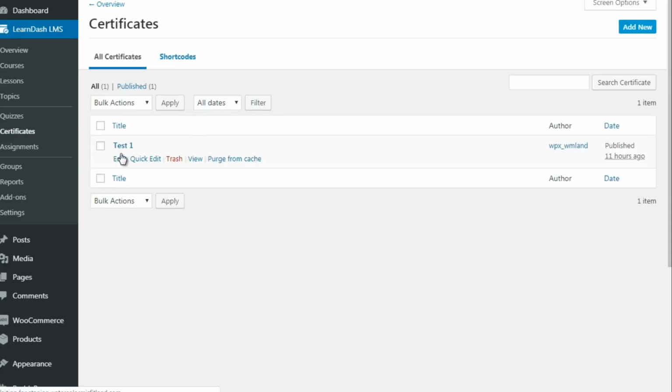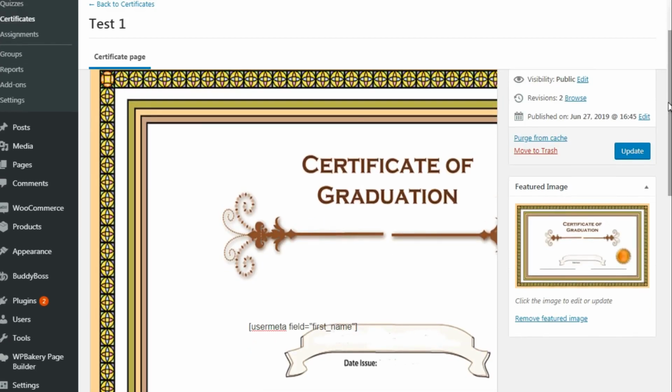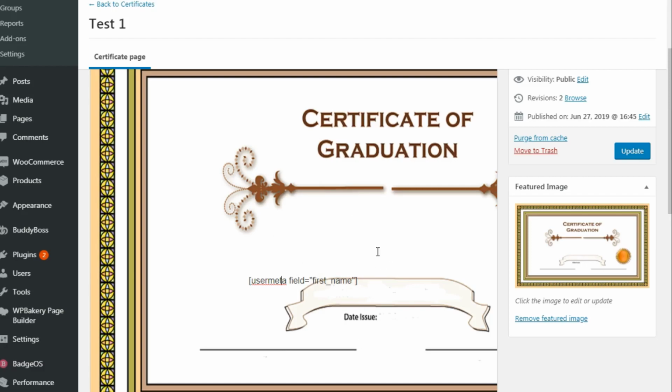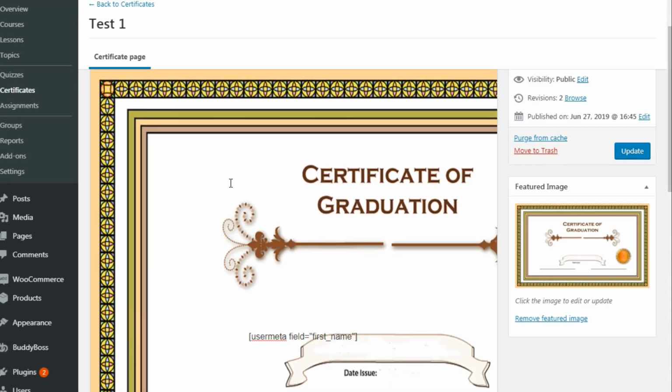Once you've done that, you can simply go back to the certificate section. You click on edit right here, and we get sent back here. Once you do that and you click on visual, the certificate will show up. Now, here's what you're going to need to do. The reason why you want to have an empty space here is because you are going to need to move your mouse eventually over here. Now, I can't do that. You kind of have to move it up here first. And then you can move things around like so.